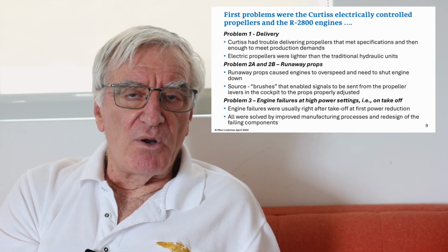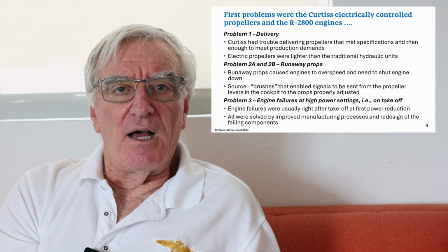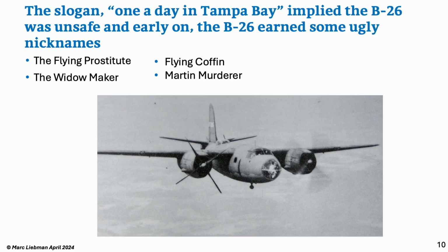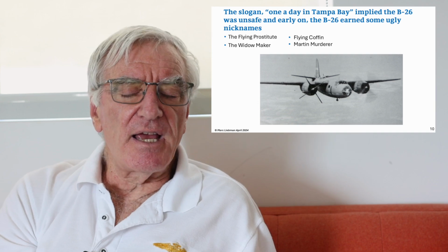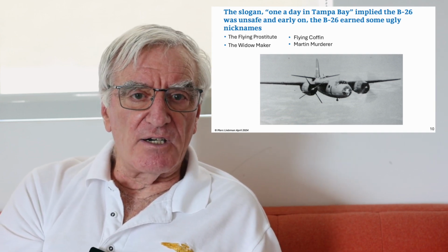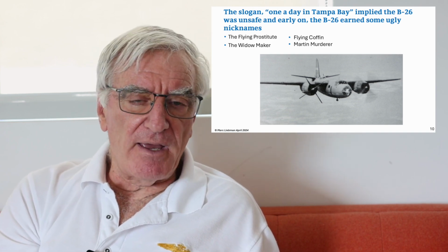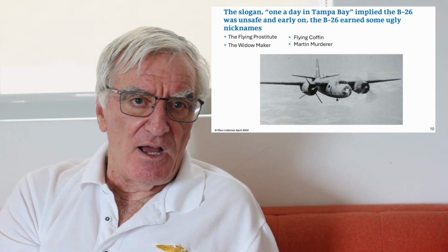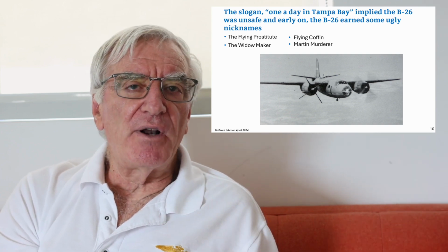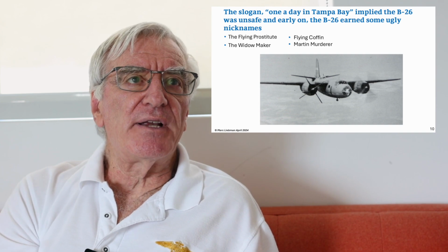But in 1941, early 1942, the engine had some teething problems. So the teething problems led to some ugly nicknames for the B-26. One of which came out of a saying from the training squadrons at what's now MacDill Air Force Base, "One a day in Tampa Bay." It meant that one airplane every day crashed into Tampa Bay. It's a bit of an exaggeration, but these are the four names that people referred to the airplane: